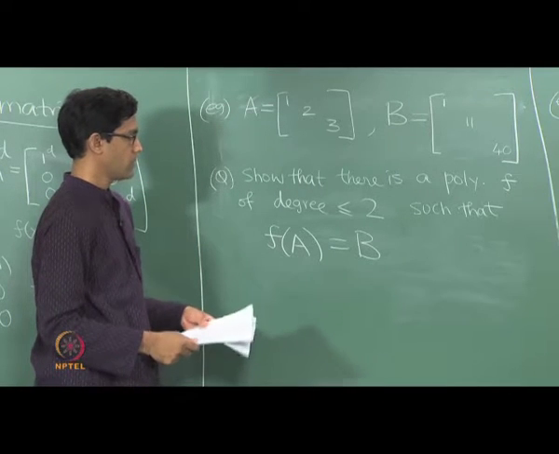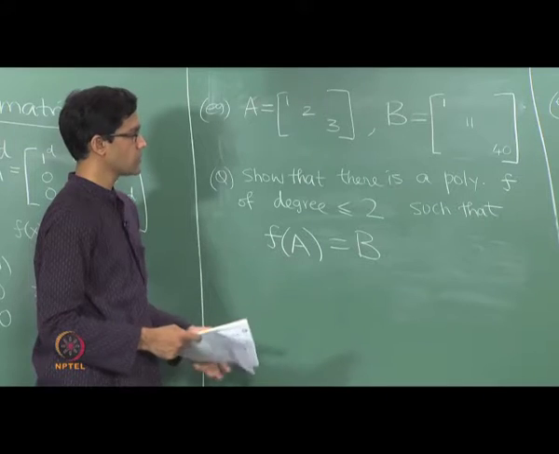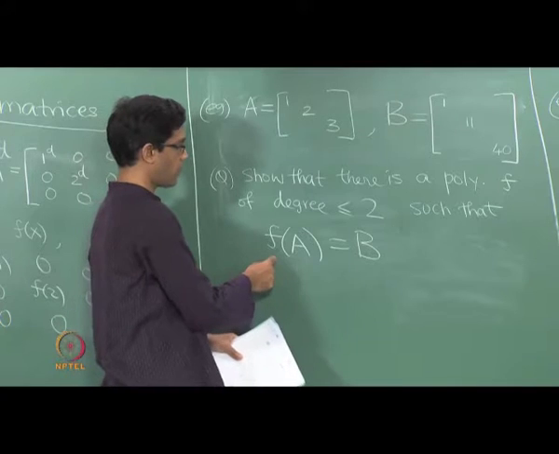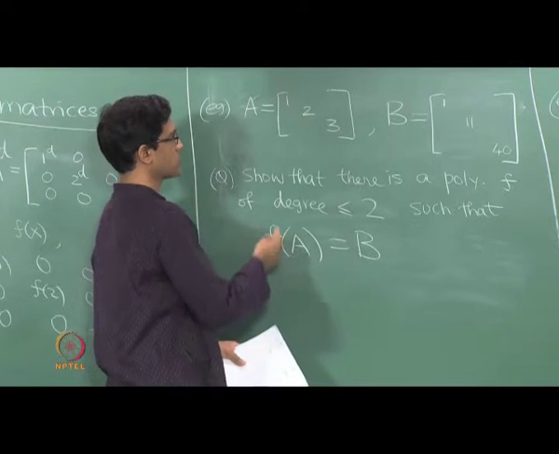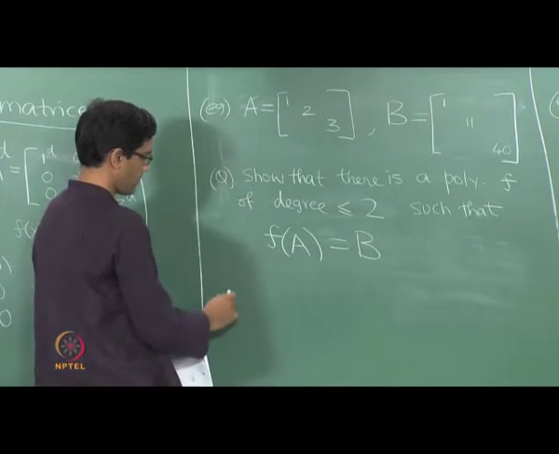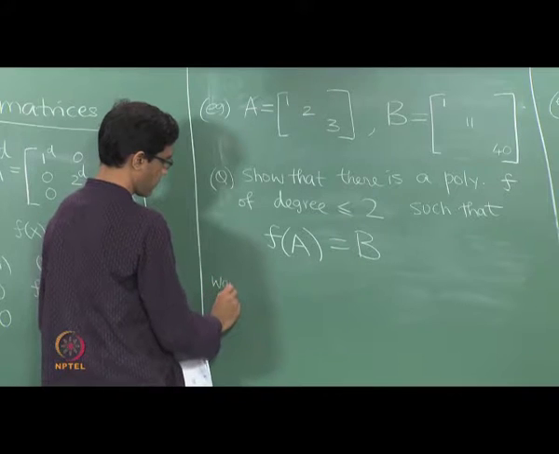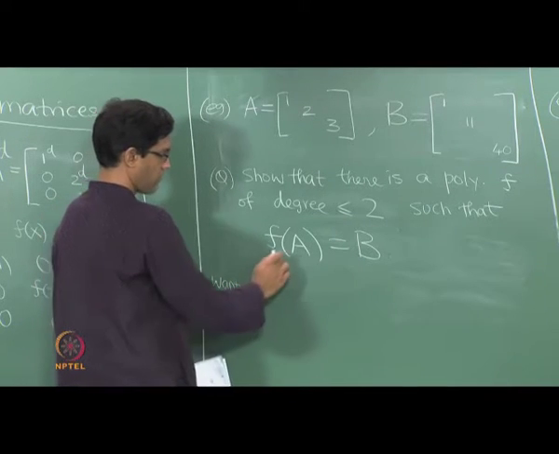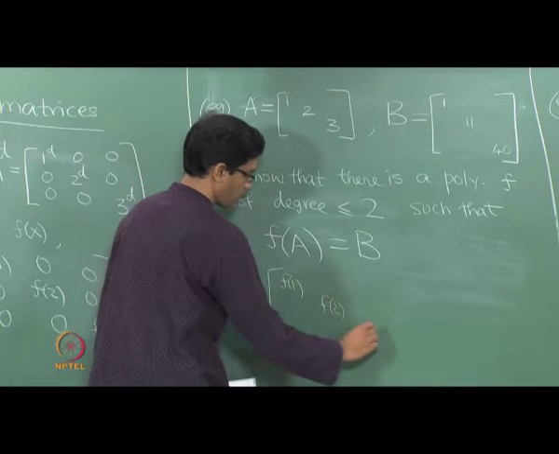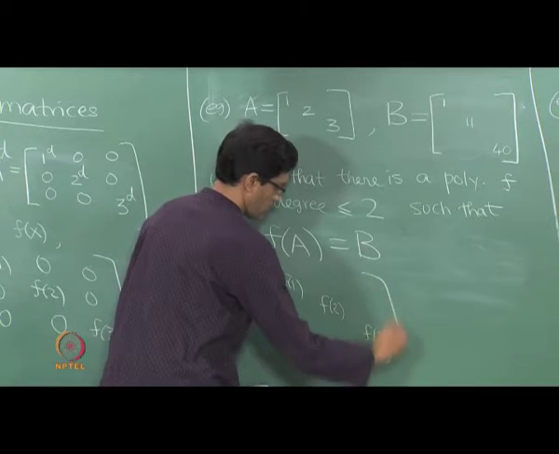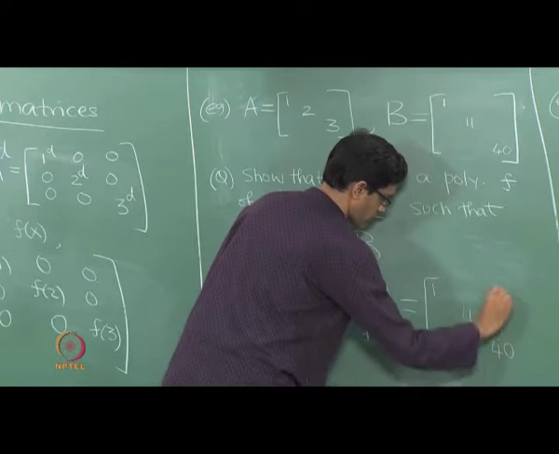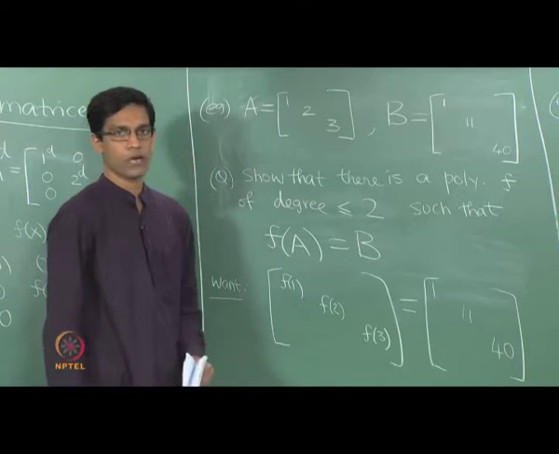Okay, and the way to go about this is just by using the observation that we just made, that when you apply a polynomial to a diagonal matrix, all it does is just apply that polynomial to the 3 diagonal entries. Okay, so let's try and solve this problem. What is it that we want our polynomial f to satisfy? So f of A, remember, is just the diagonal matrix f1, f2, f3. And so what we want is that this should be the matrix B that's given. It should equal 1, 11 and 40.